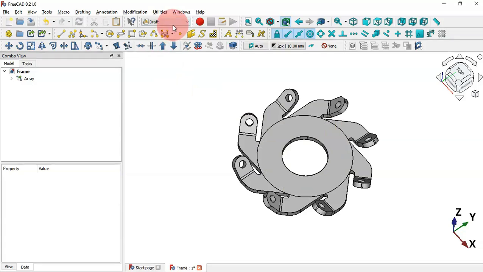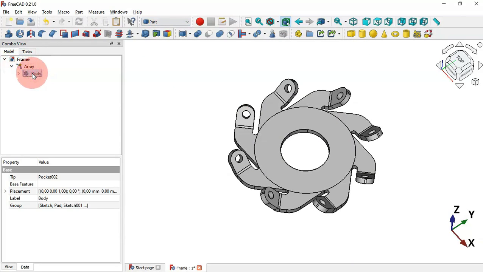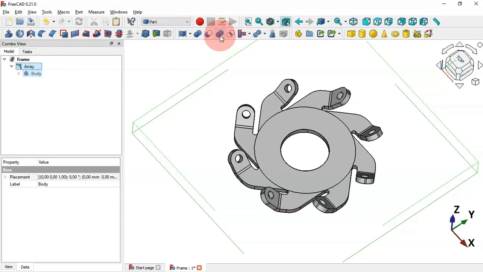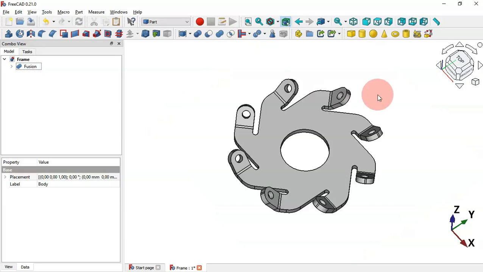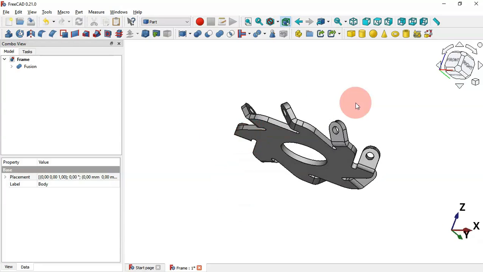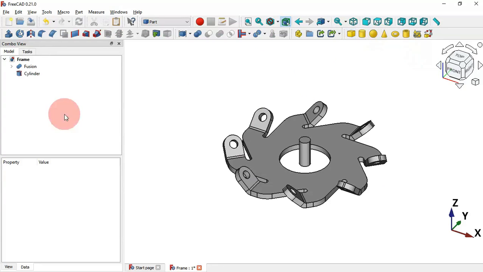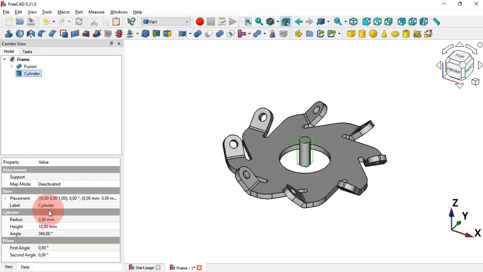So what you do, we change the workbench to the part workbench. Okay, and now we click here and select the body and Control-select this array, and let's select this icon, the union tool. Okay, and now as you can see, this part now is beautiful. Okay, and now click this tool here, the cylinder tool, select the cylinder here, and let's change the radius here to